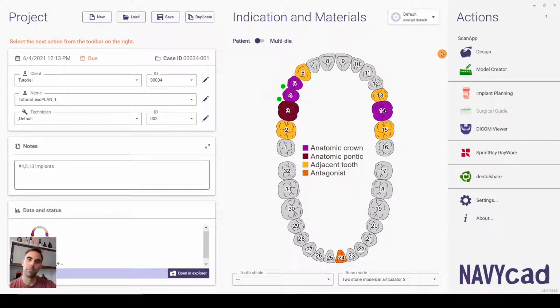I don't really know how to explain it, but basically, you want to set it up as an anatomic